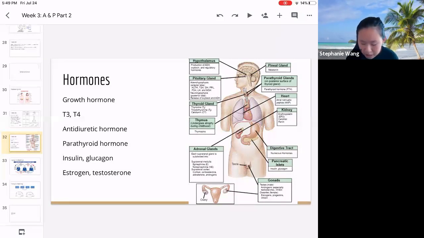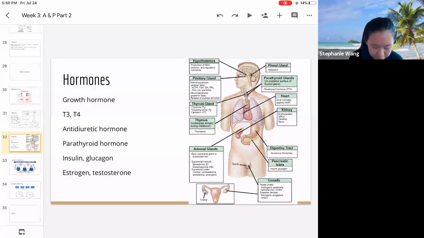And then there's insulin and glucagon in the pancreas. Insulin increases the uptake of sugar, meaning it decreases sugar concentration, while glucagon increases sugar concentration by decreasing the uptake. For example, if you're exercising a lot and your body is running out of fuel, then the glucagon hormone will increase the sugar supply in your blood.